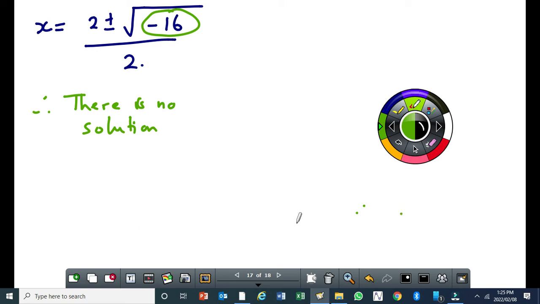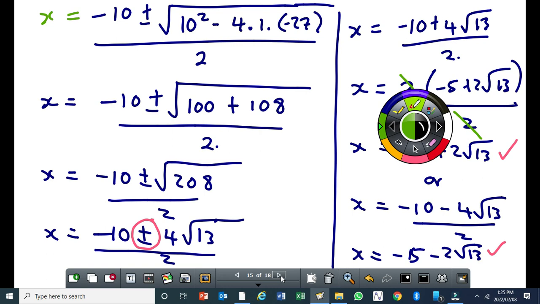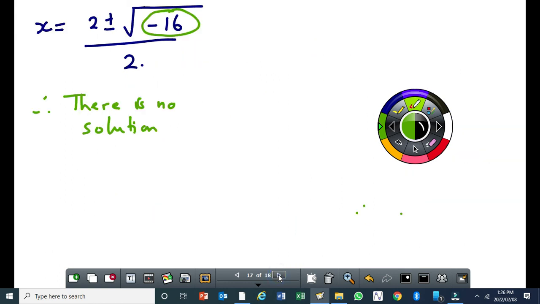So let's move on to k equal to the other value, which is k equal to 3. Let me do that quickly. So when k is equal to 3,